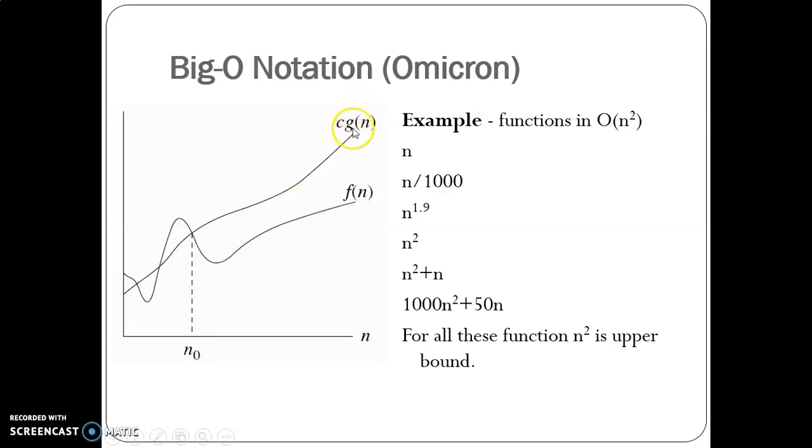We will say g of n is the big O bound of the function f of n, provided that c of g of n will always be on the higher side of f of n. Now this c needs to be calculated. This g of n we can estimate using the trial and error method, and there is a proper method of calculating those. I am not discussing those methods in this video, but let me give you a glimpse of that.